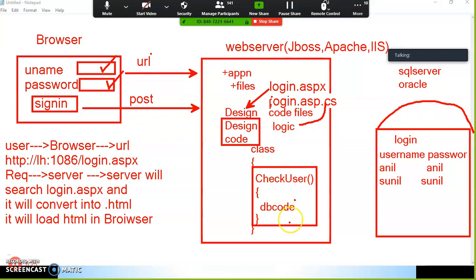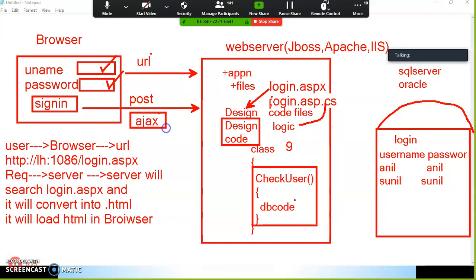But the problem is that the total page will refresh. Page refreshment means along with this method, some other methods also will get executed. In .NET or Java, you have a lot of page level methods. Apart from the method you want to execute, some other design code will again execute. But my requirement is, whenever the user clicks on sign in, I want to execute only this method without refreshing the entire page. Then I have to take the support of Ajax.